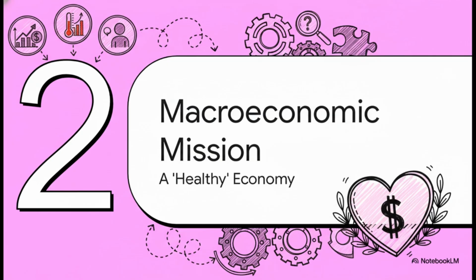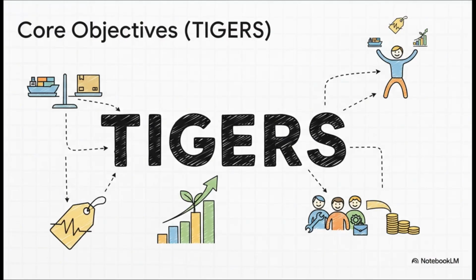With those in mind, we can start to ask the bigger question: what does a healthy economy actually look like? What are policymakers really trying to achieve? A pretty neat way to remember the main goals is this acronym, TIGERS. Governments are aiming for balanced trade, low and stable inflation, and strong, sustainable growth. They also want low unemployment, a fair redistribution of income, and finally, stability. And that last one, stability, is all about trying to achieve all of these other goals at the same time. As you can probably guess, that's the really tricky part.